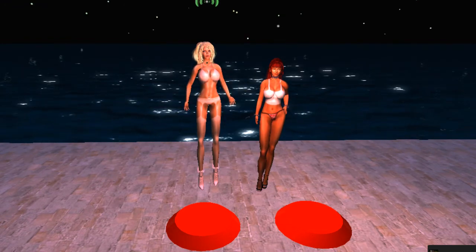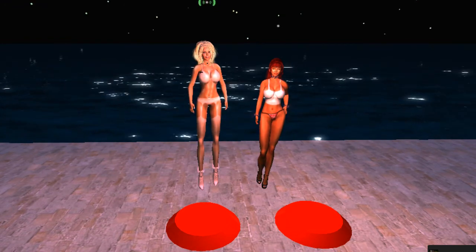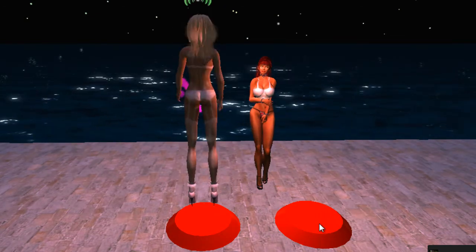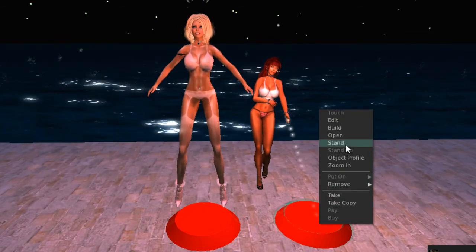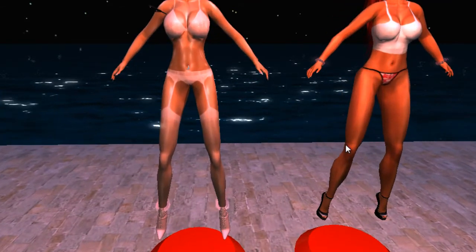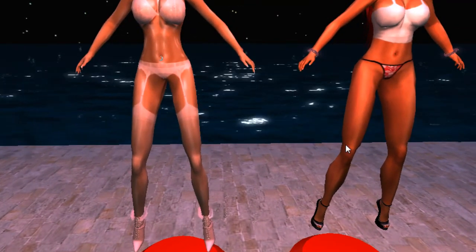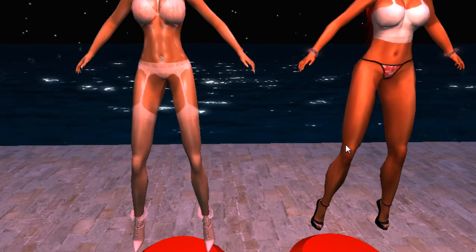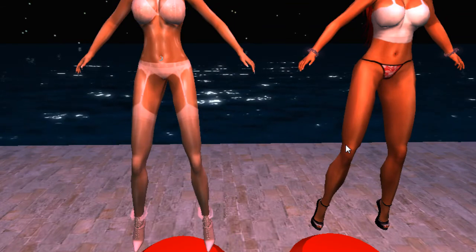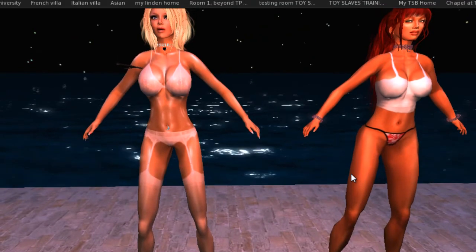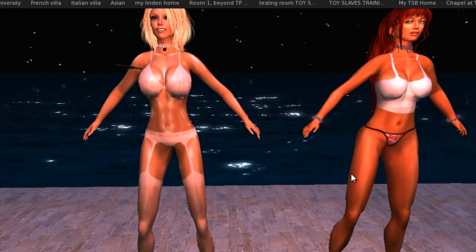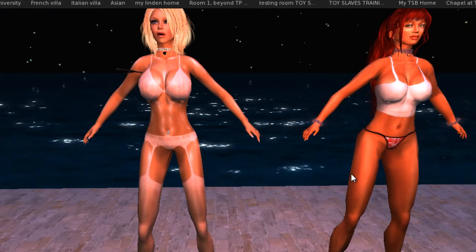So we're going to use these wonderful, lovely orange pose stands here in front of us. So you get on the pose stand and you stand on it. Pose stands are handy because they keep you still while you're trying to look at something or manipulate something. However, in later versions of SL, if you actually edit an item on your body, you will go into appearance mode, which basically puts you in this kind of a T pose, so that you can go ahead and make the adjustments